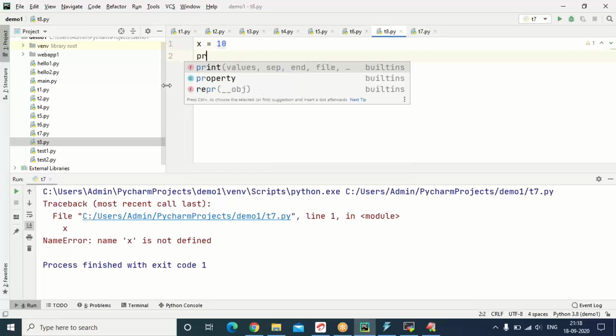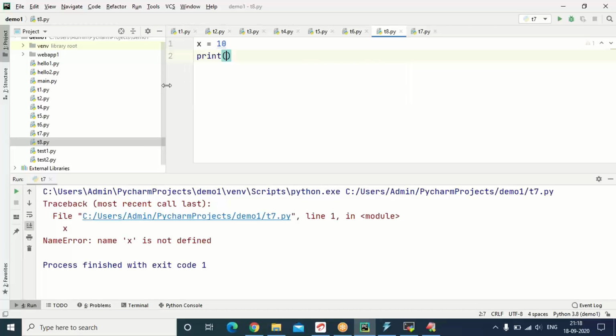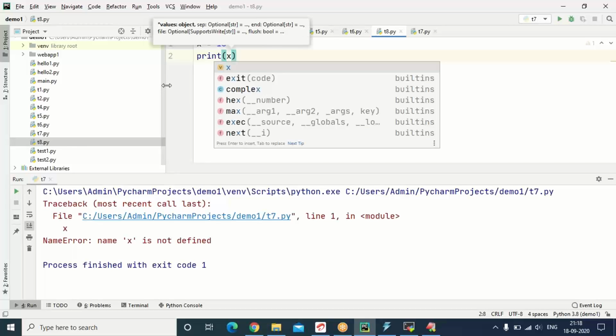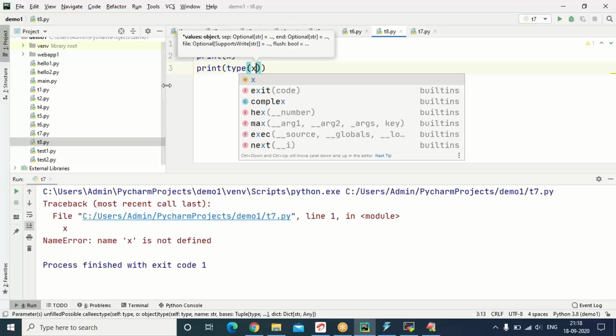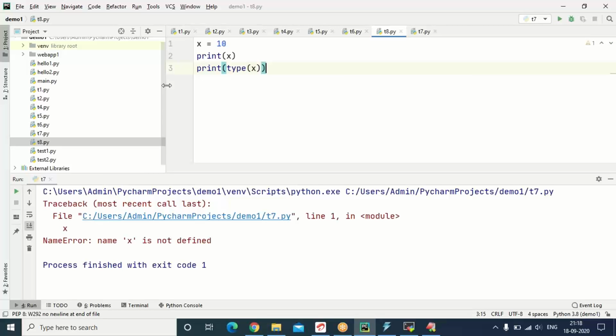We know what the x value is. We can also print the type of x. There is a built-in function, type.